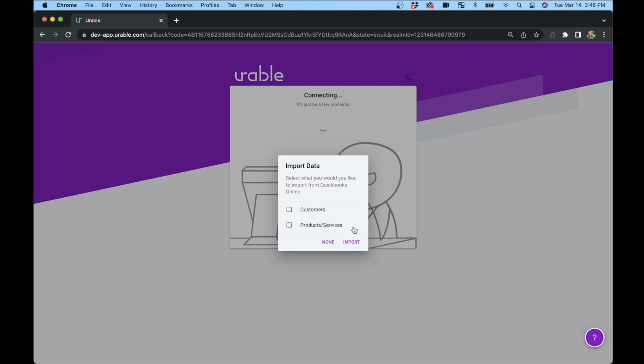This next one is important. So this is asking if you want to import your customers and products and services that you already have over in QuickBooks into Able. If you are coming from using QuickBooks full-time and you have all your customers and all of your products and services over there and they're all up to date and you feel confident in those,